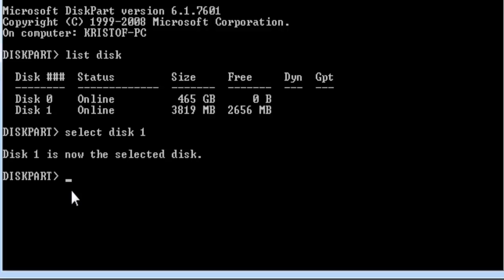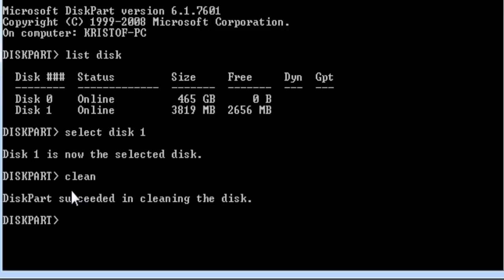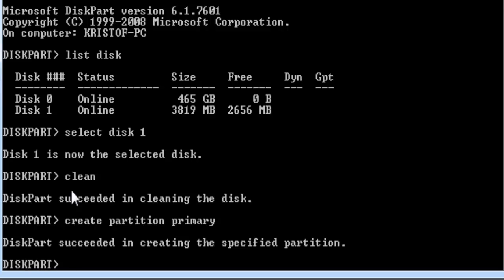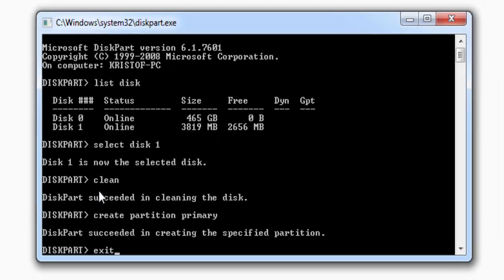Once you've done that, you just want to type clean, and once you have done that, you just want to type create partition primary. Now once you've done that, you just want to type exit,